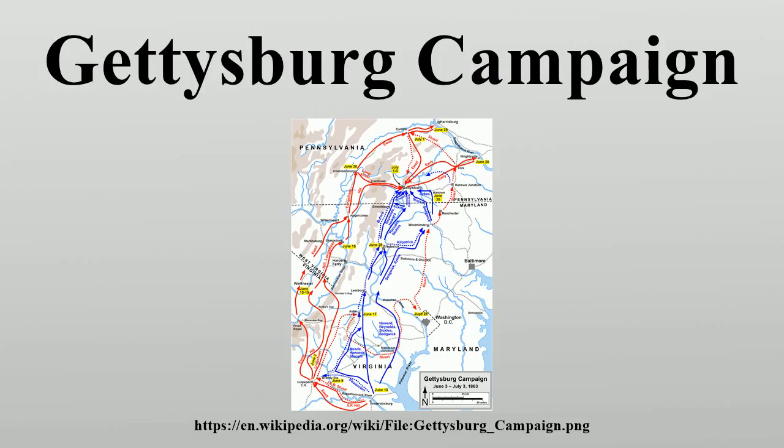Crossing the Potomac River, Lee's Second Corps advanced through Maryland and Pennsylvania, reaching the Susquehanna River and threatening the state capital of Harrisburg. However, the Army of the Potomac was in pursuit and had reached Frederick, Maryland, before Lee realized his opponent had crossed the Potomac. Lee moved swiftly to concentrate his army around the crossroads town of Gettysburg.